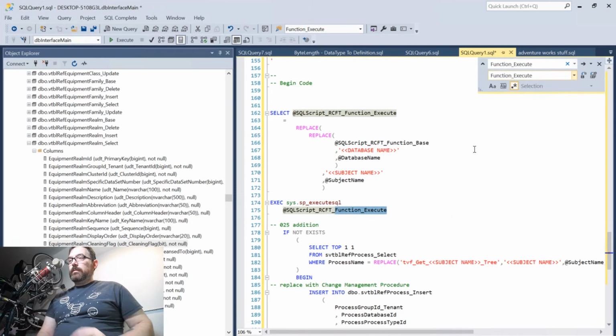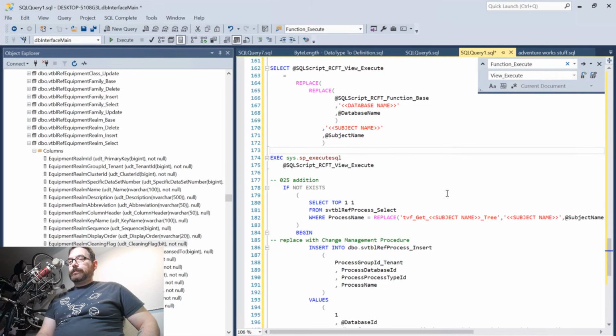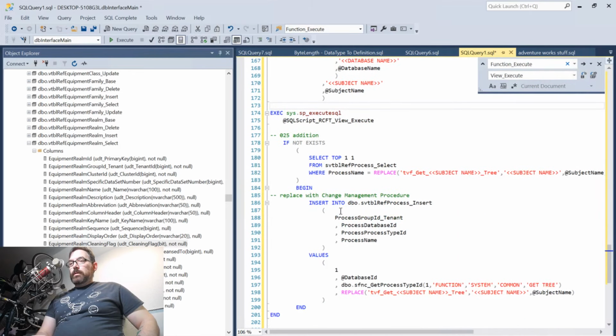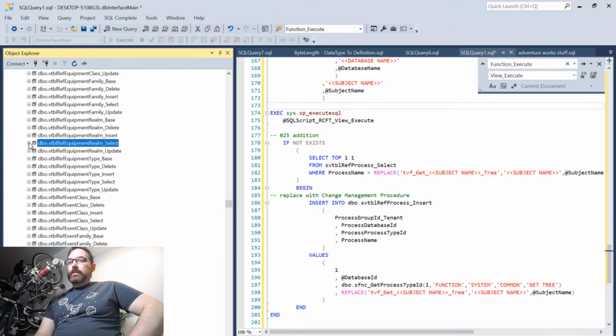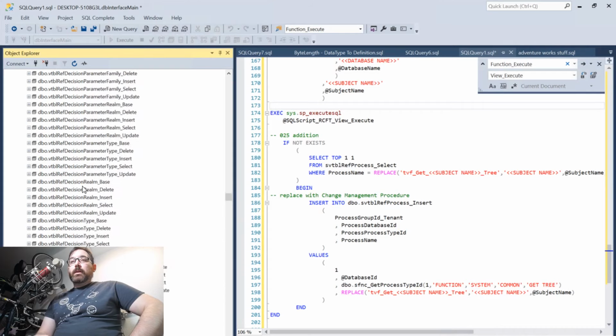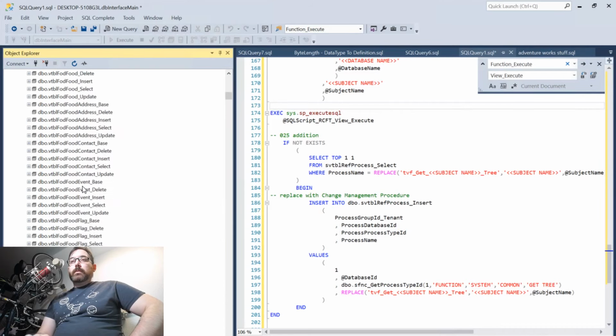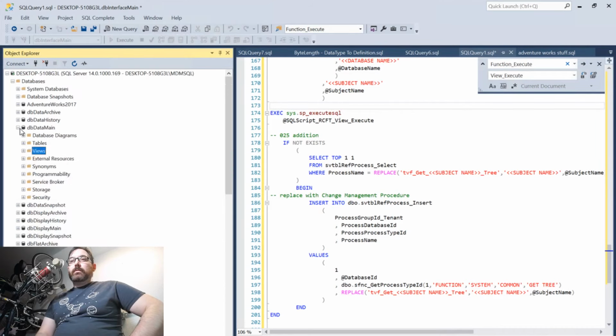Let's see. Function execute should be view execute. Just trying to clean up code so it makes more sense. If it doesn't exist, add it. But that's going to add it to the process table. In our case, we want to add it as an actual view. So I just have to look at